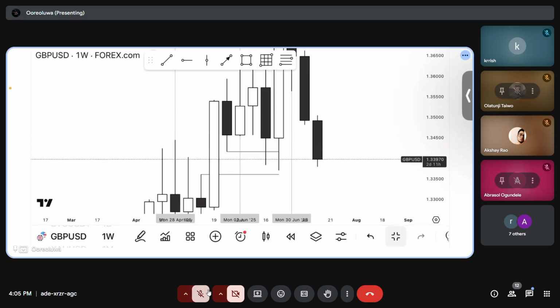Okay, so in order block, if the wick is longer than the body, you mark the wick. If the wick is very long and it has a very small body, you mark the wick. But if it has a short wick and a bigger body, then you mark the body. Or you determine it on the lower time frame. If there is a key level on the lower time frame inside the order block, placed in the wick, then you can mark the wick, depending on the size of the order block. Okay, do you understand?